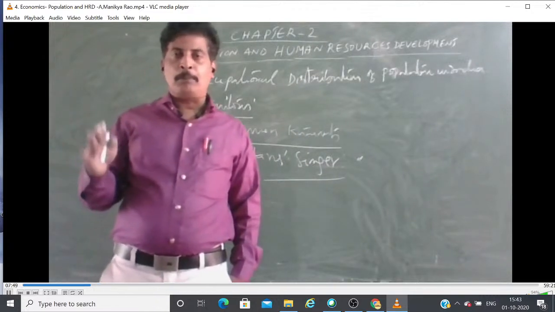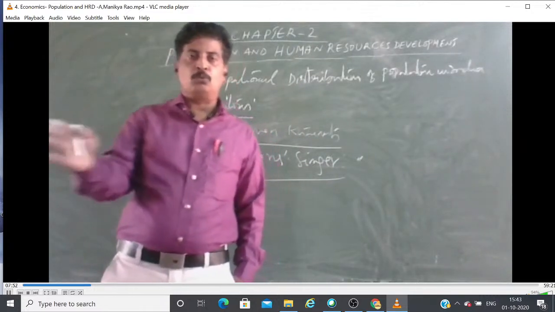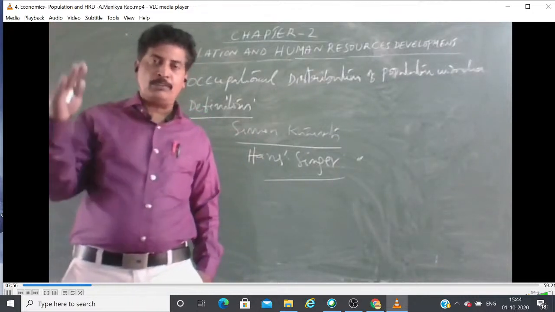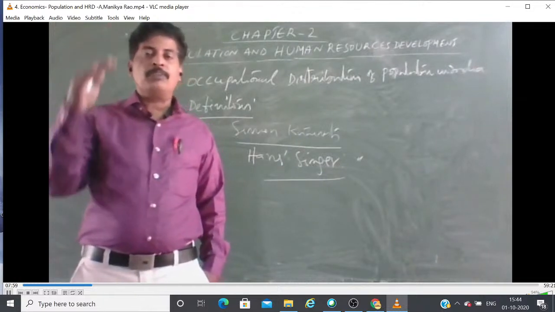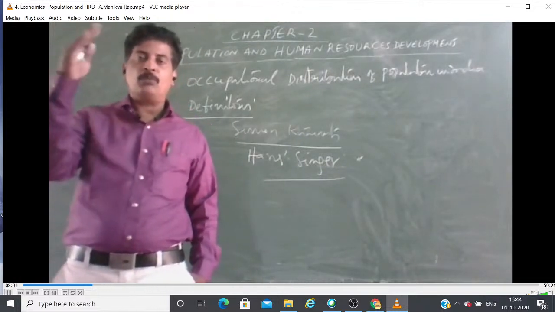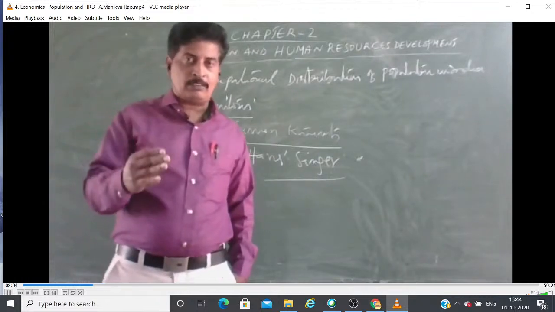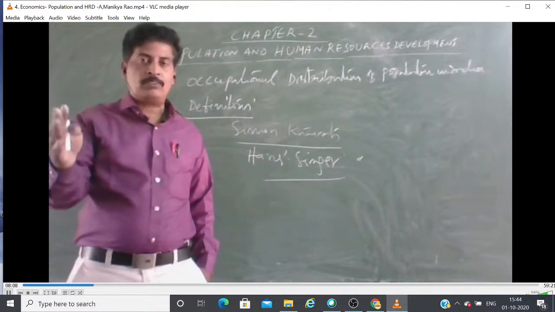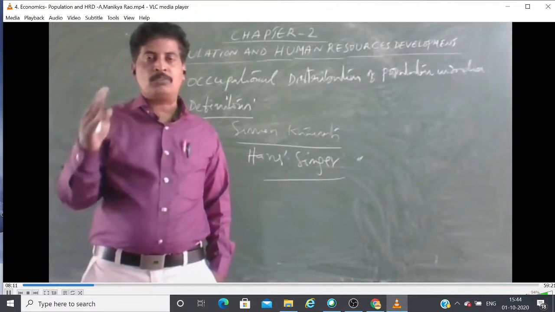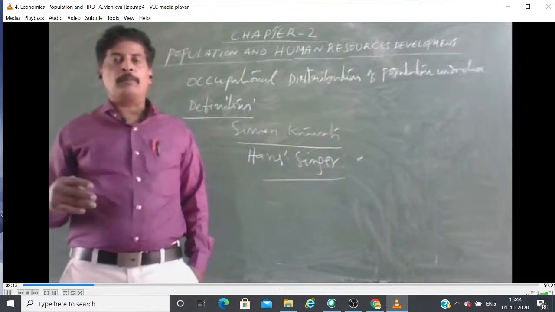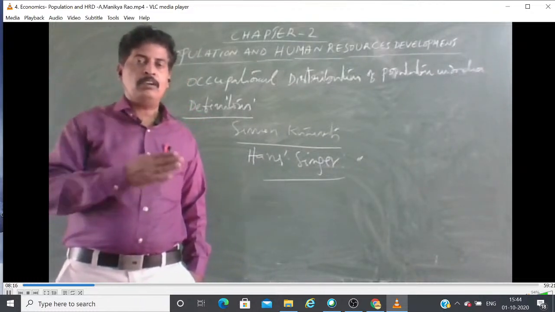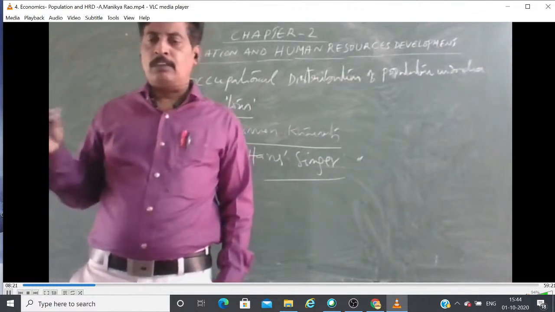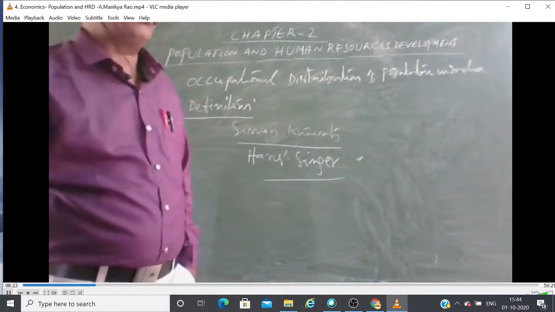Transform people engaged in the agriculture sector to other sectors. The percentage should be reduced from 85 to 15%. 85% of people depending on the agriculture sector should be reduced to 15%. So it shows that there will be an occupational shift. So there is always a close relationship between